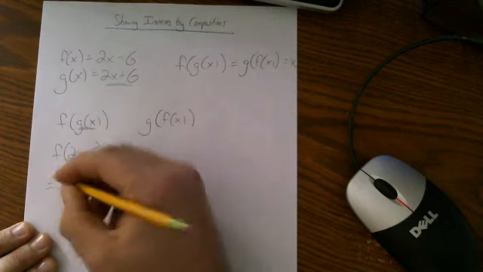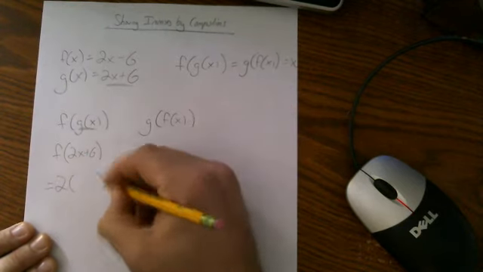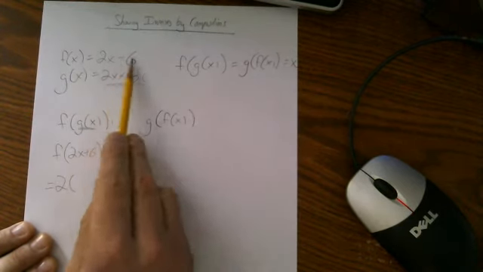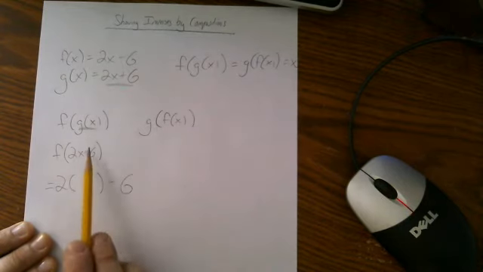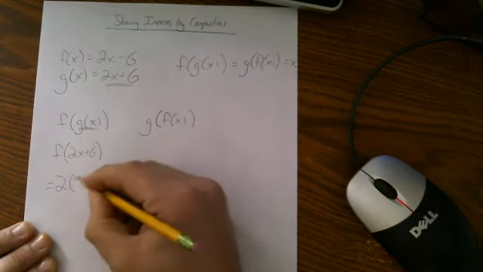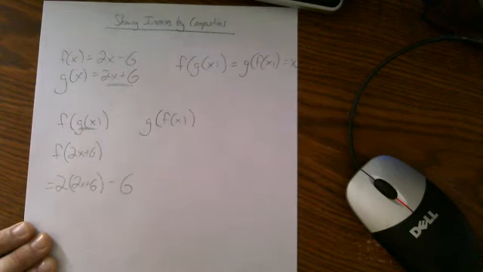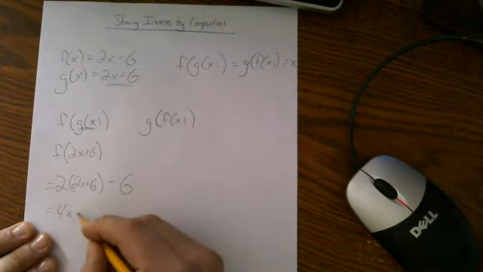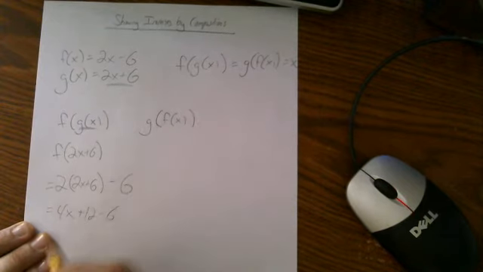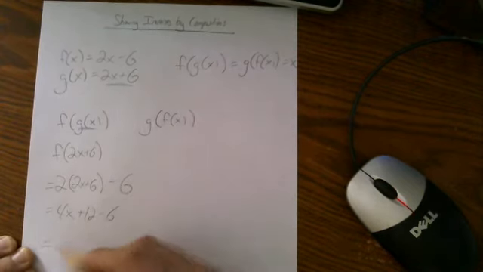So f is 2x minus 6. And in this case, we're going to plug in 2x plus 6. Let's distribute the 2. Gives us 4x plus 12 minus 6, which gives us